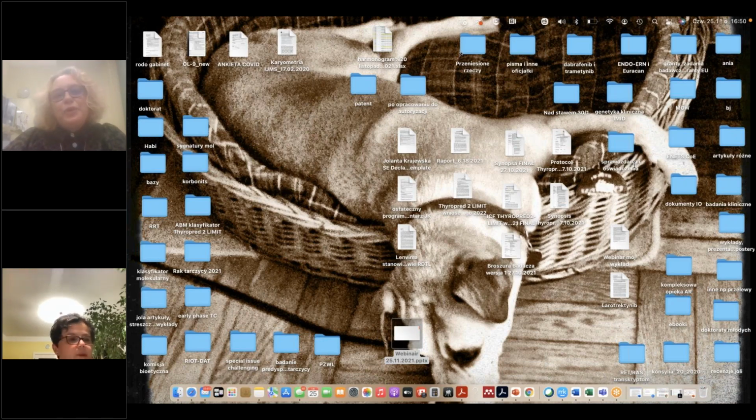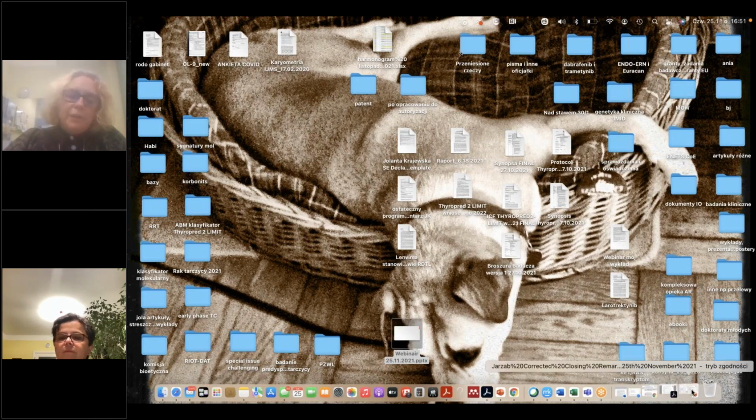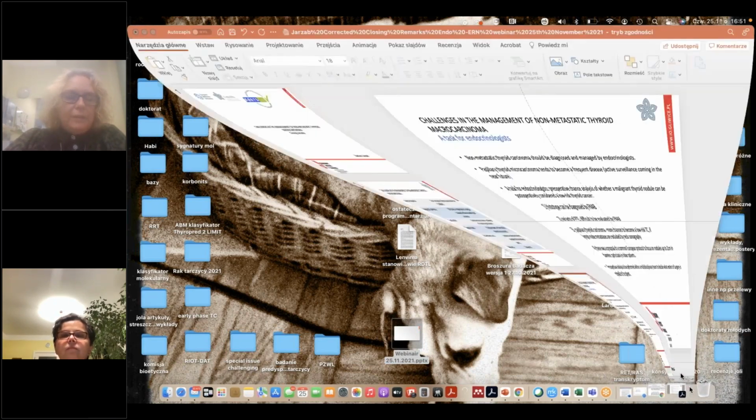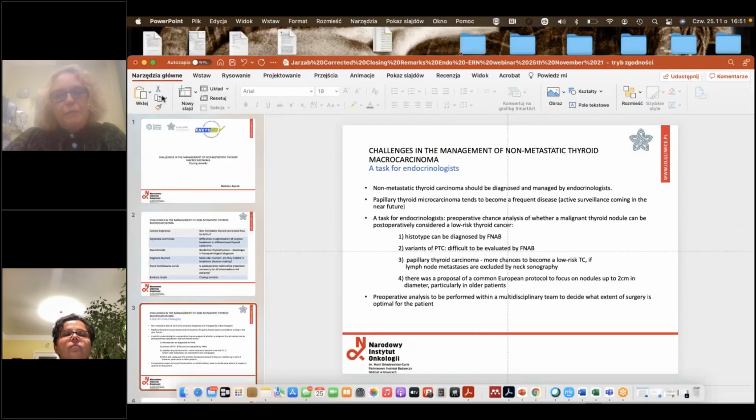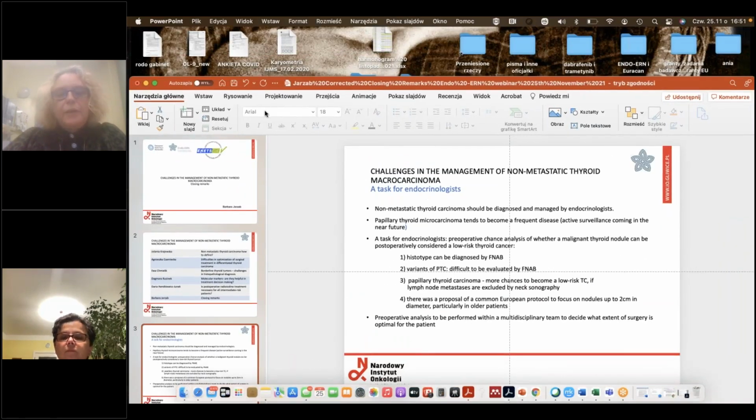If you asked me this question, let's say 10 or 50 years ago, I would say yes, we should go with the radioiodine. But I should stress again that our diagnostic tools changed substantially during the years. And nowadays, first of all, we can better stage the children, and second, they are better operated, as Agnieszka already said. So I wouldn't be afraid to give the radioiodine if the stage of the disease is high,